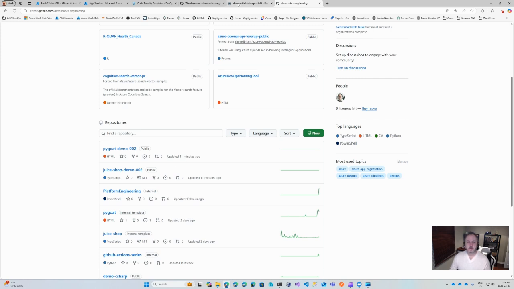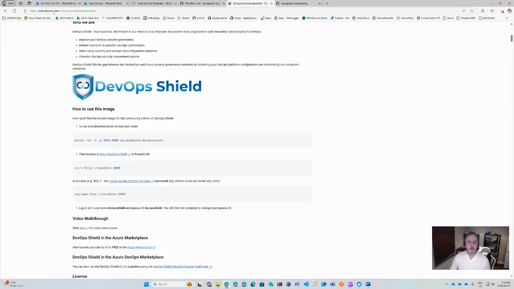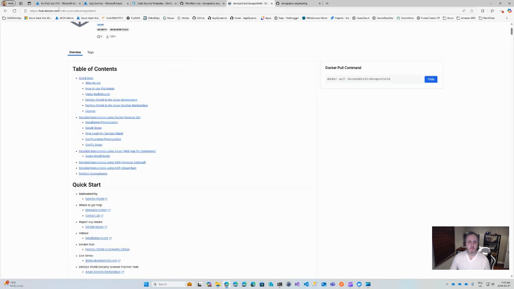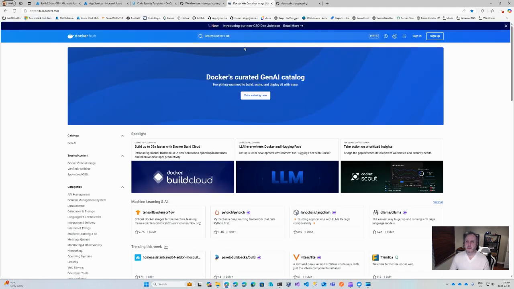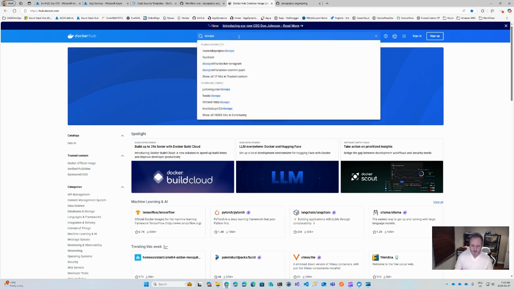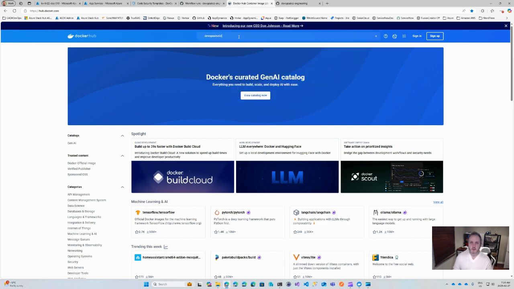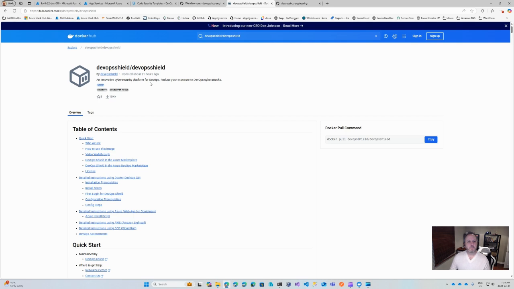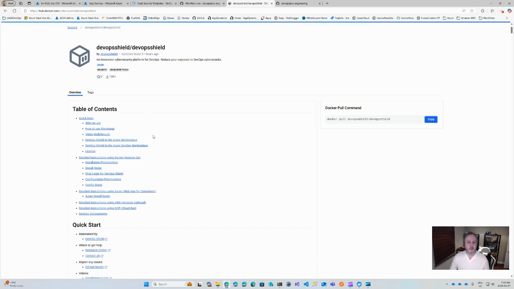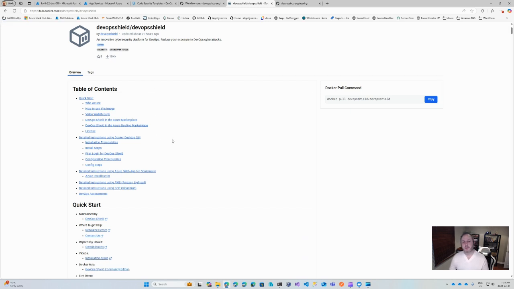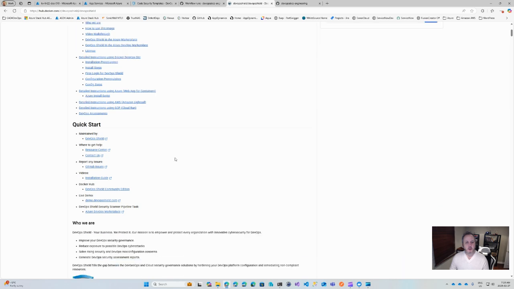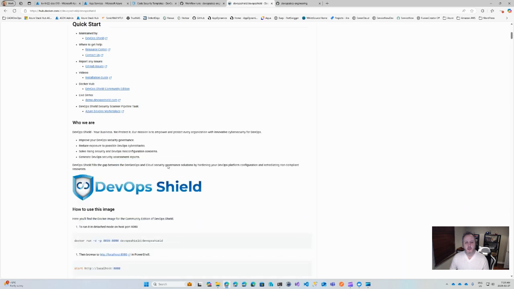Okay, so the first thing you're going to want to do is go to hub.docker.com. Here, let's even go to the main. This is what it looks like. And you don't even have to sign in, and just basically search for DevOps Shield with 2 S's, and you'll find our repository. So basically, the application is right here. It can be installed on multiple clouds and so on. There's instructions for all of that, but we're going to go with the quick start and just simply install it